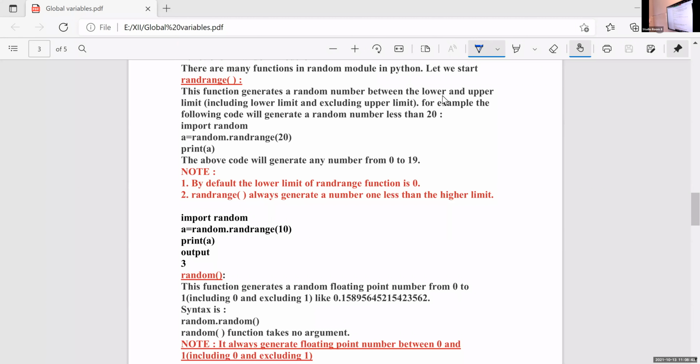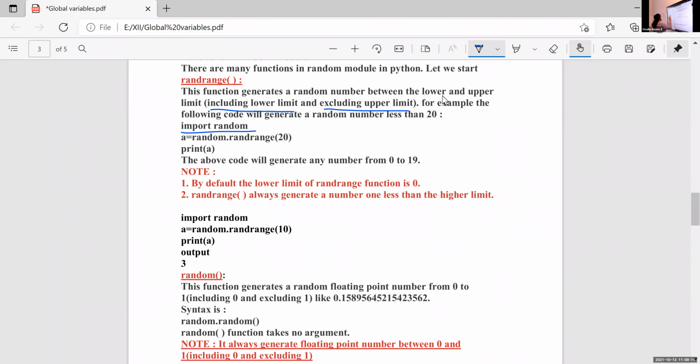Okay, so the randrange function generates a random number between the lower and upper limit, including the lower limit, excluding the upper limit. Then this is an example. The first statement for this randrange function is import random. So first you want to import the random module. After that, you can use this randrange function, because randrange is a built-in function under the module random.